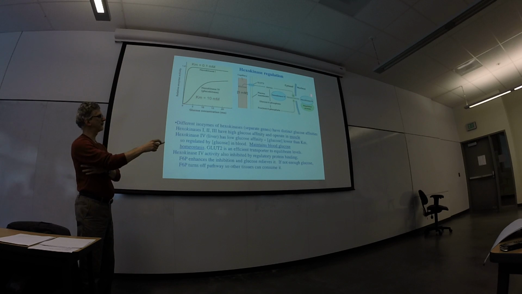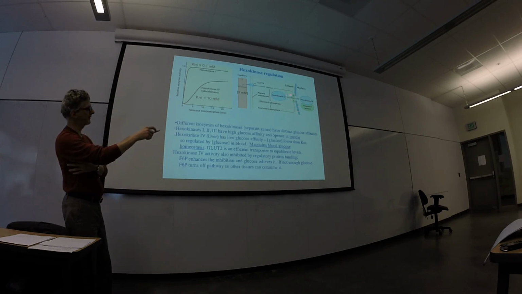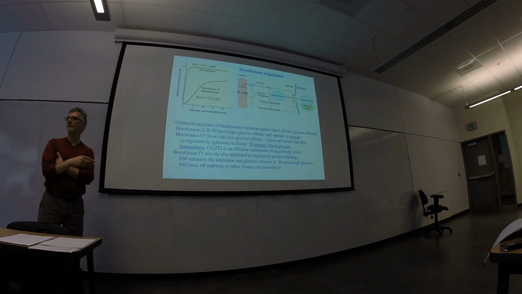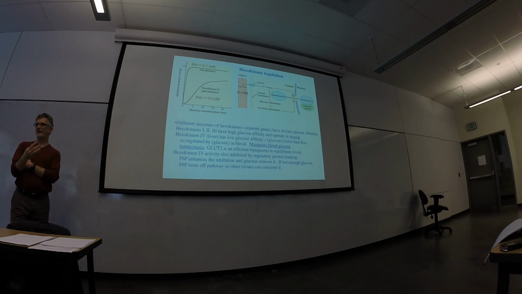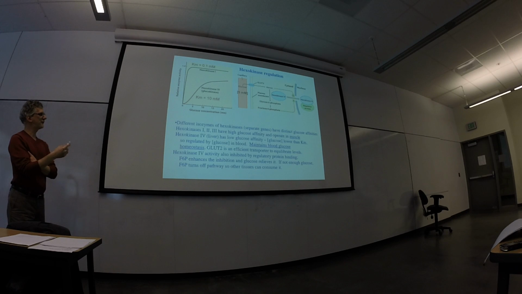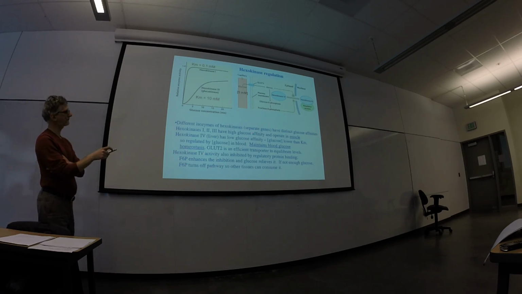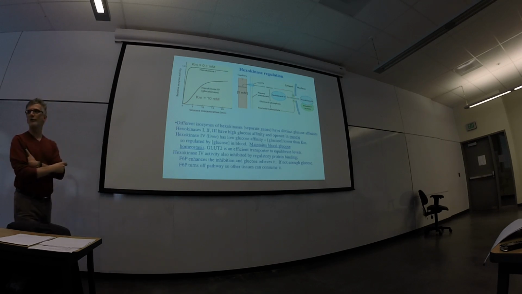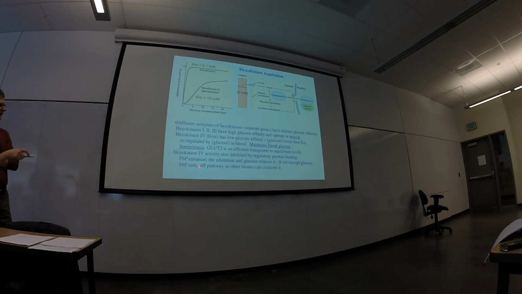So maybe this regulatory protein, we don't really have the details, but it might help it get across the membrane in some way or something like that. But this is regulation by sequestration, right? And fructose 6-phosphate keeps more of the glucose in the nucleus. It's not really clear why it should be fructose 6-phosphate that's doing this,